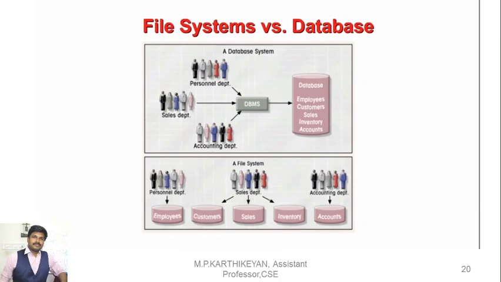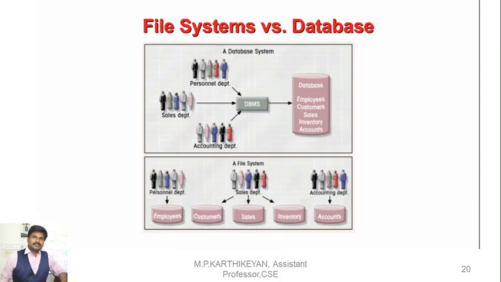Okay, all the personnel department, sales department, accounting department, everything is being connected to a common DBMS. Whereas in the file system, the personnel department has access to the employees, the accounting department has access to the accounts database, and the sales department has access to the customer, sales, and inventory only. Okay, whereas in the database management system, all the end users are combined to